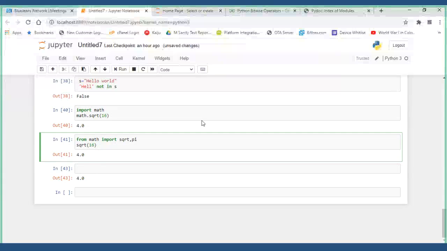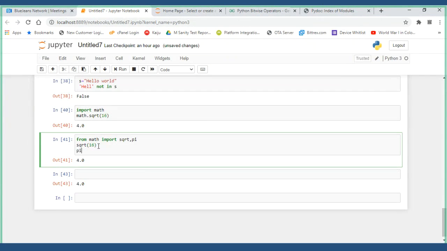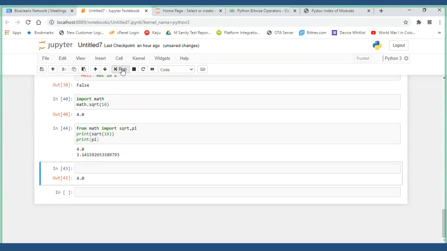So apart from that, I will put it in print and I'll run it. So what happened here is only these two functions will get loaded.